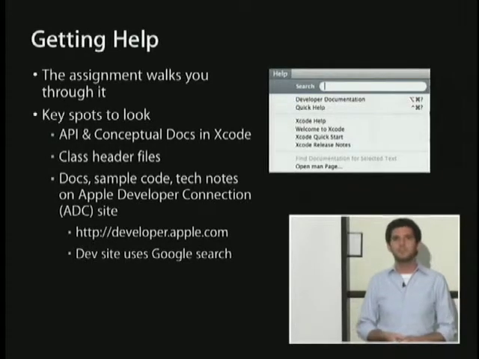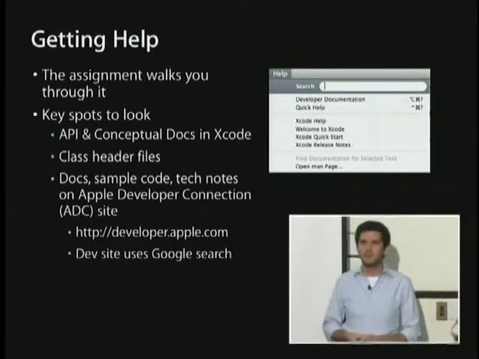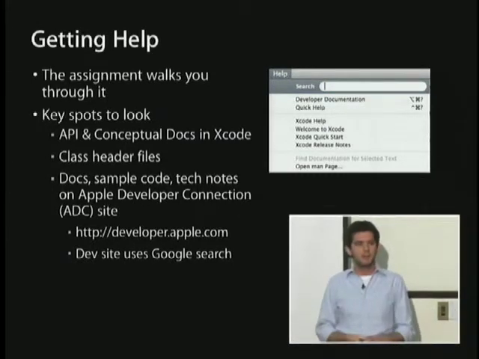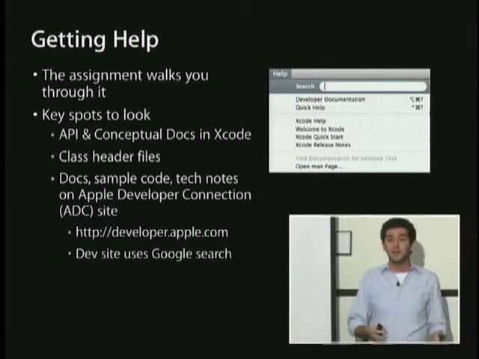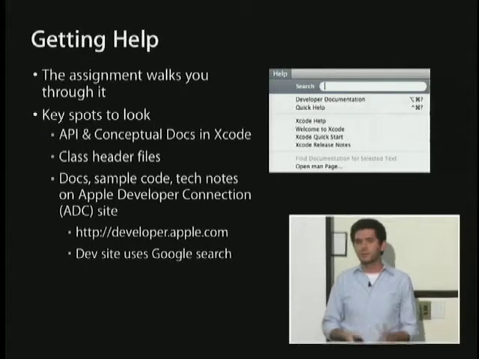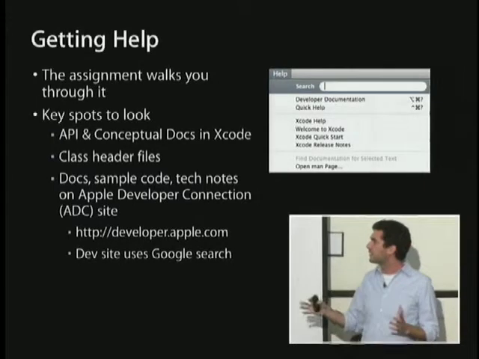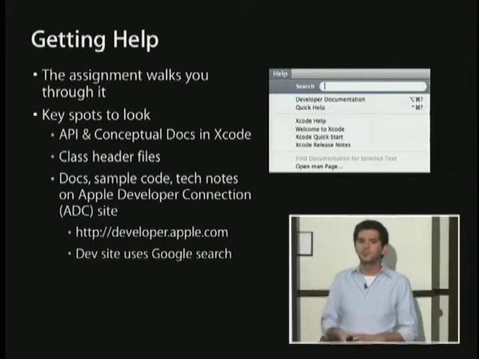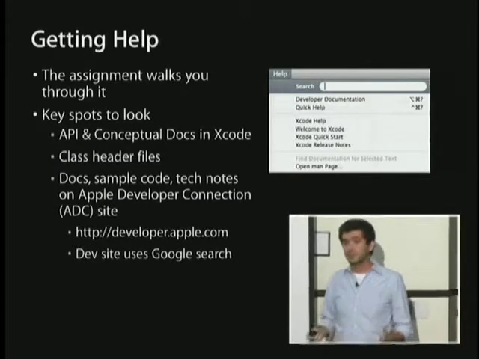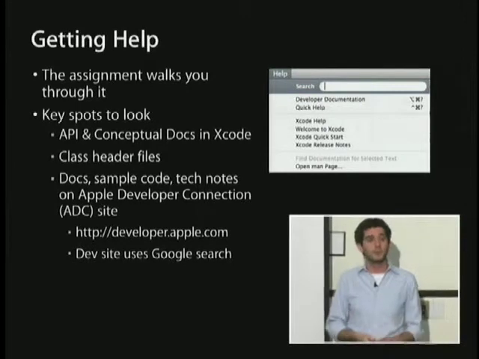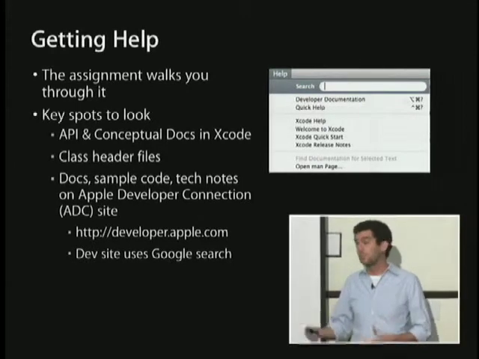It includes a bunch of broad overview documentation on large topics, as well as individual API documentation for the specific APIs that you're going to be using. And that's all available right within Xcode. There's also the Quick Help in Xcode, which is a shorter browser that just pops up a small window, and as you click on things in your text files while you're editing, it shows you an overview of what those things are. Both of those are really great tools available right in the interface of Xcode while you're working on your code. It's a great way to learn about things while you're actually working on them.